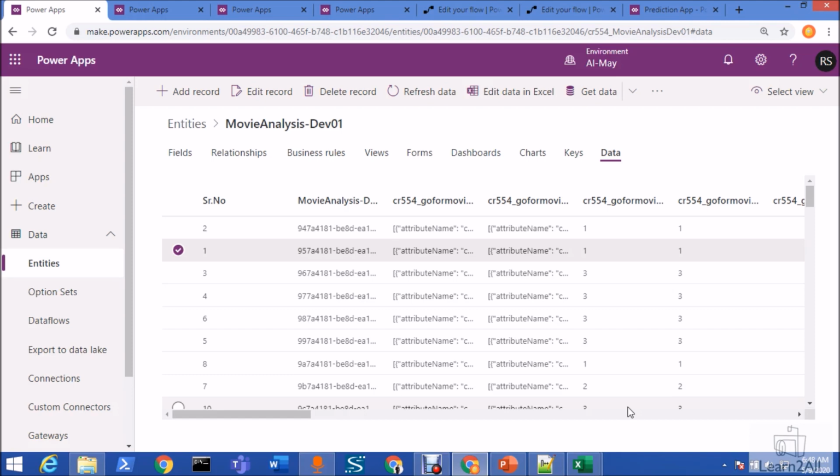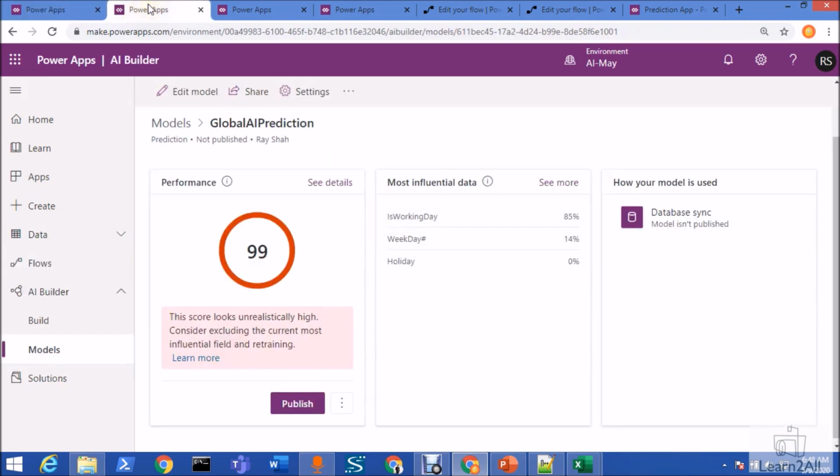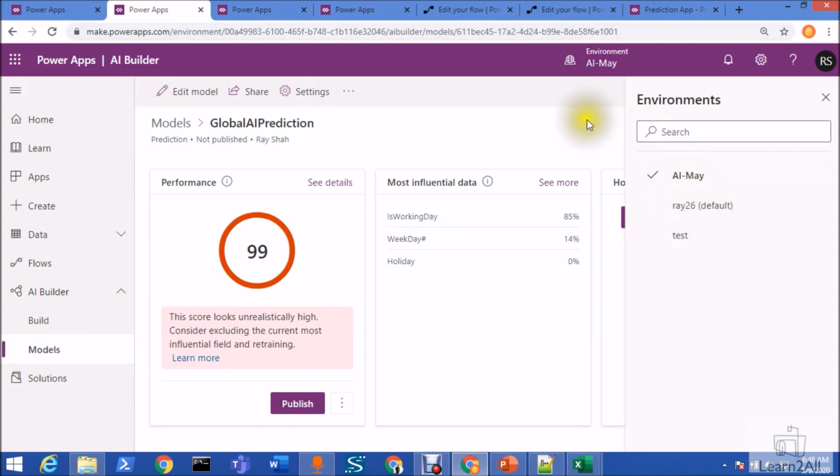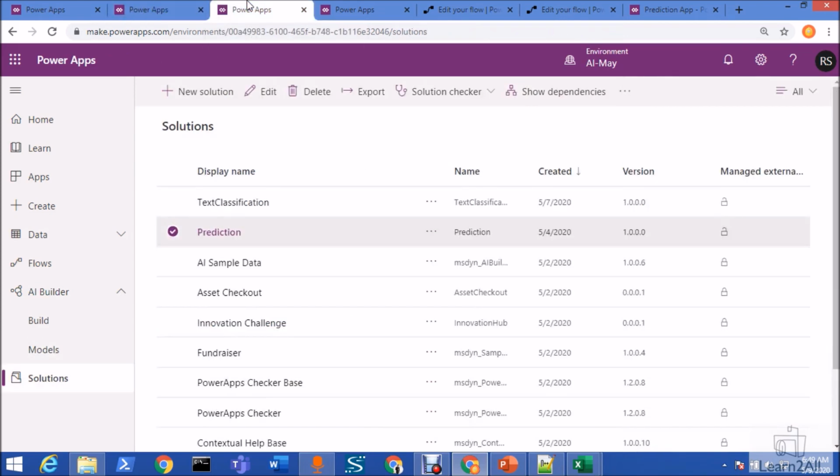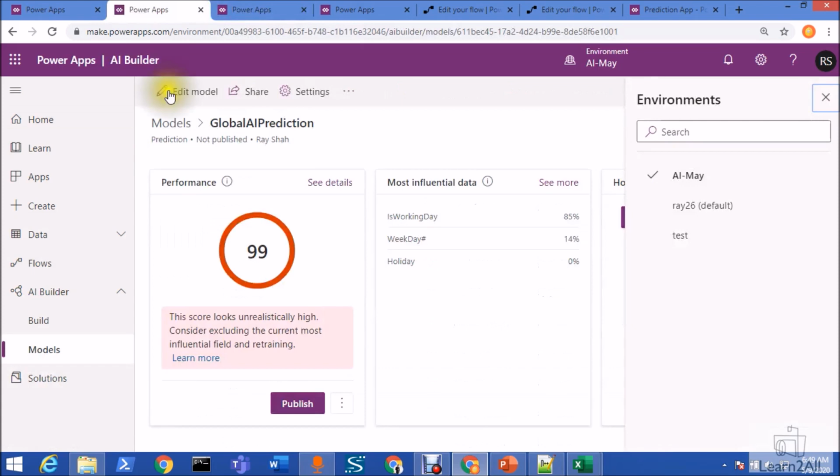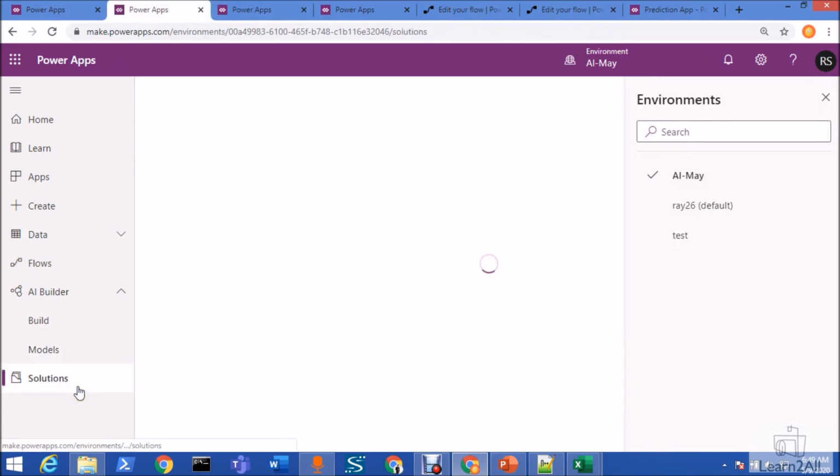Alright, so now let me move over to the last part of this session, building a Power App and Power Automate. Remember one thing: we have performed this entire procedure specifically for this environment. It's an environment-related thing, so my model is present only in this specific environment. To use this model inside Power Automate or Power Apps, we may need to create a solution. To create a solution, first of all, you need to go to solutions from here.